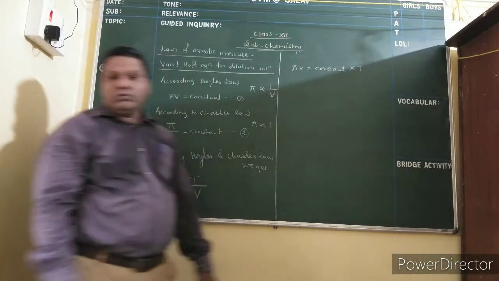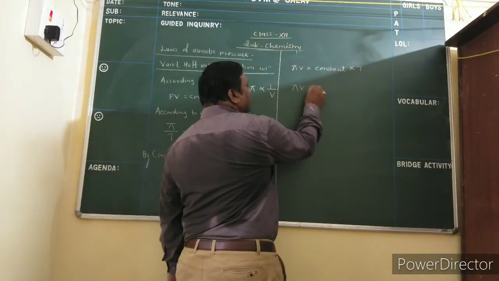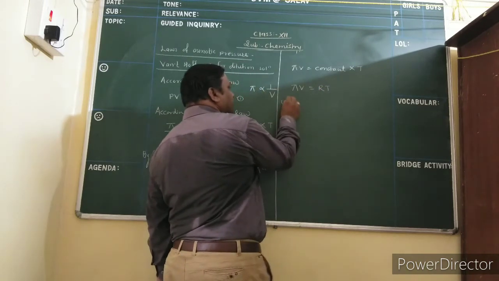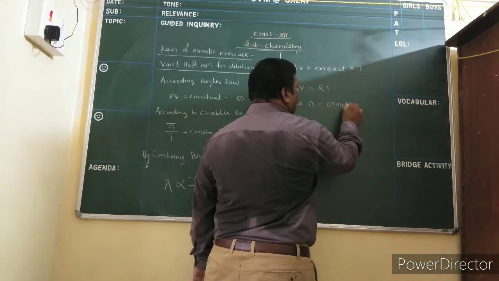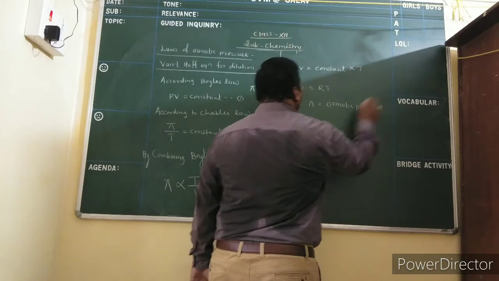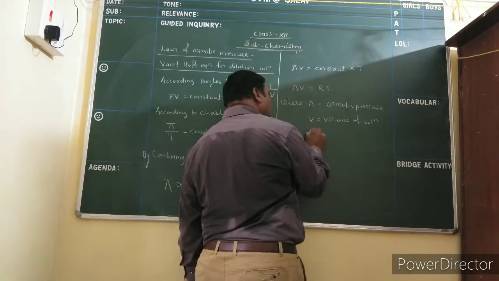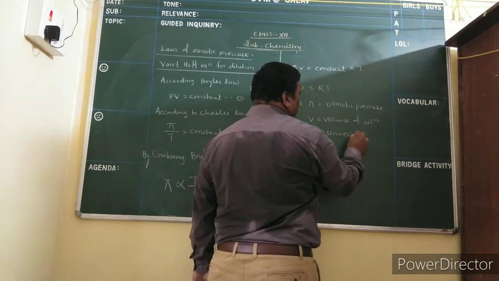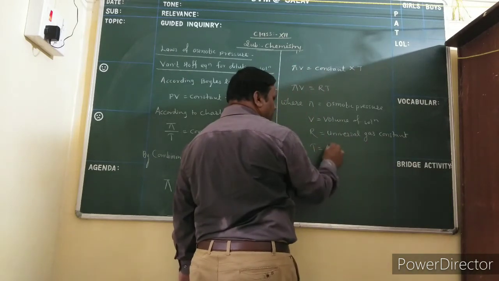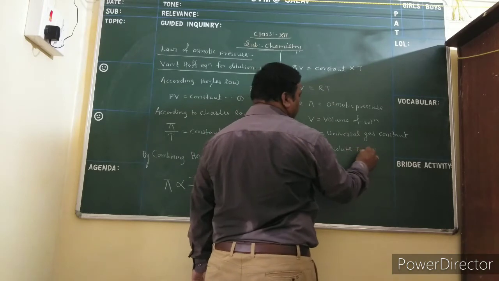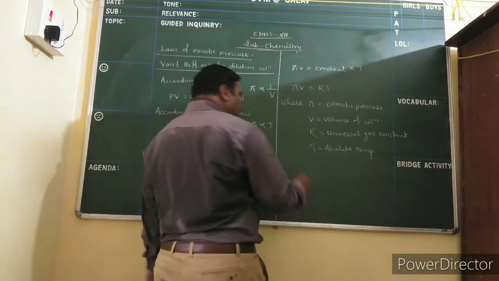Pi V is equal to constant into temperature, and therefore it says that pi V is equal to RT, where pi is osmotic pressure, then V is volume of solution, R is universal gas constant, and T is absolute temperature, and therefore here for